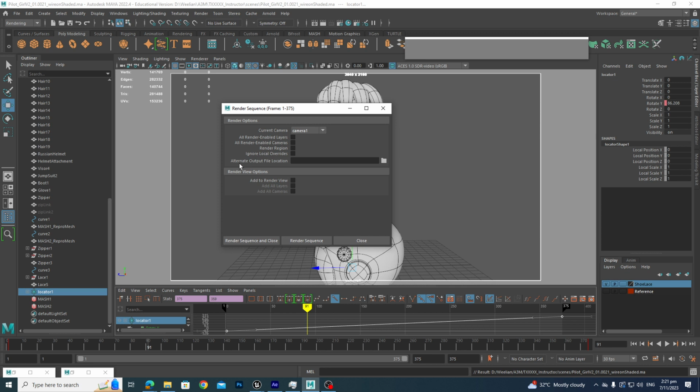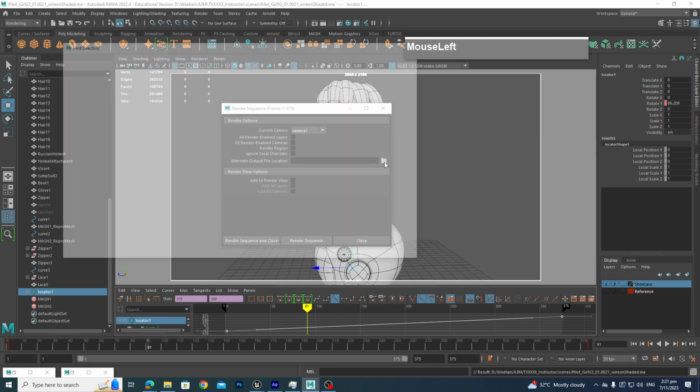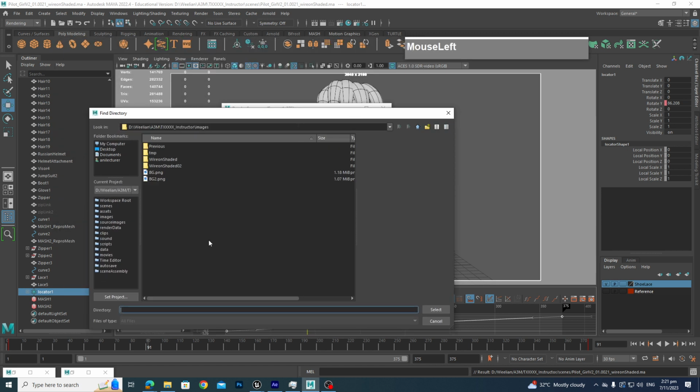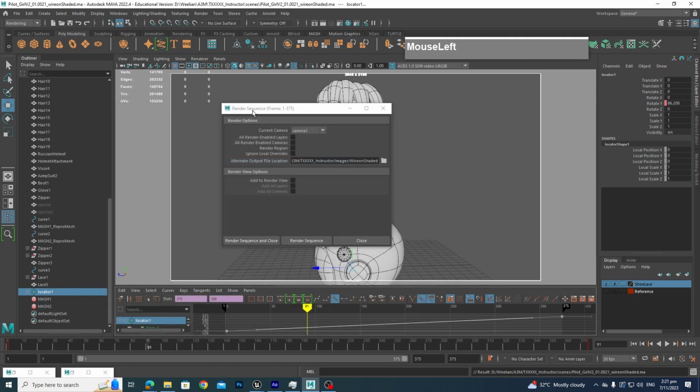And then for the alternate output file location, we can force it to render into our projects folder. Okay, so it's going to be rendering into the TMP folder. If you cannot find your files, it doesn't matter, because from my experience, specifying the folder doesn't really help. Even if you specify this folder, it will still render into the TMP folder. So once you're ready to render, just click on render sequence,